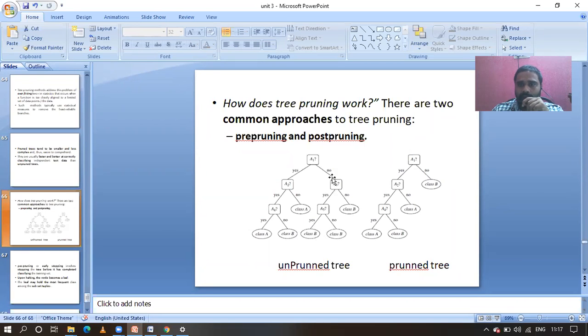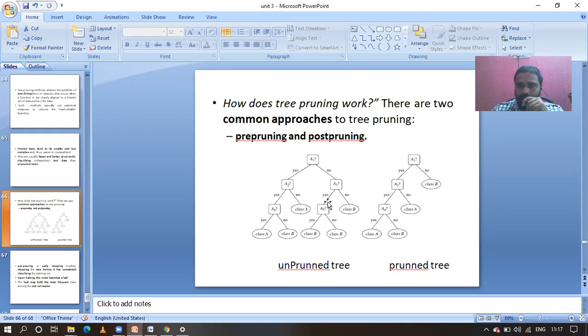Then okay, we can remove this whole subtree and we can make it as one node, that is, the class label B. I'm pointing to the class label B for 'no', guys. Then the overall tree will be reduced, and it works faster also. That is the advantage related to pruning, guys. The class labels I have reduced to one thing.